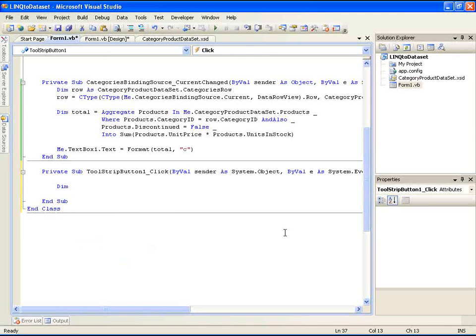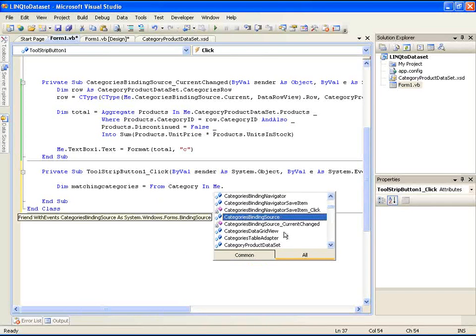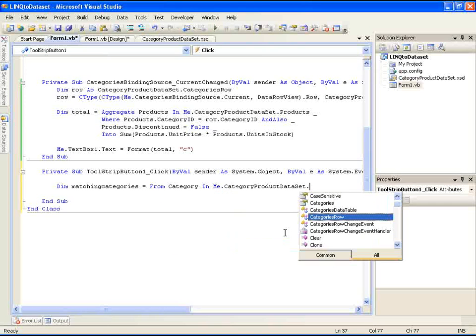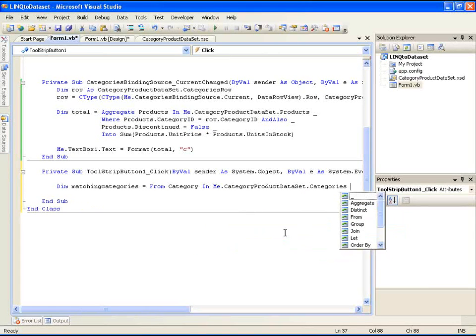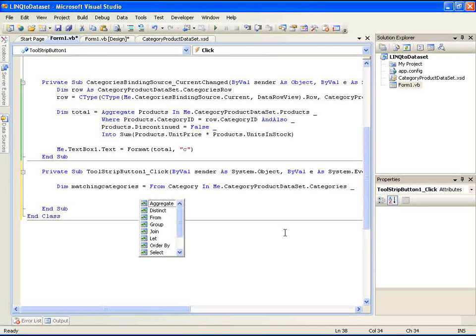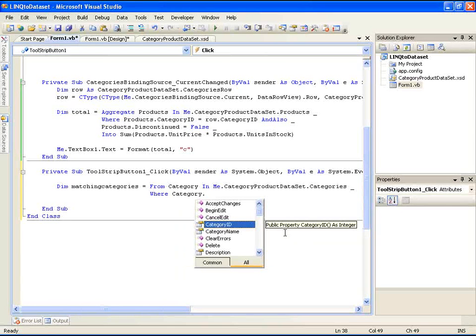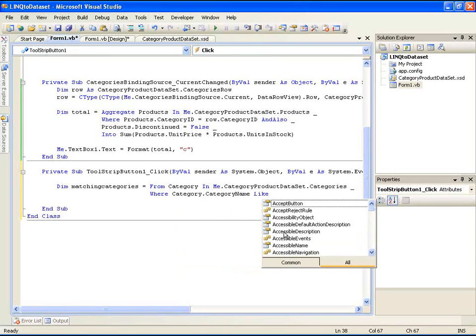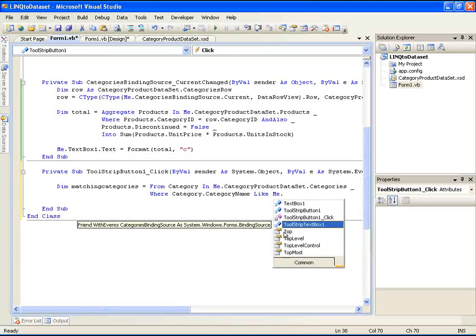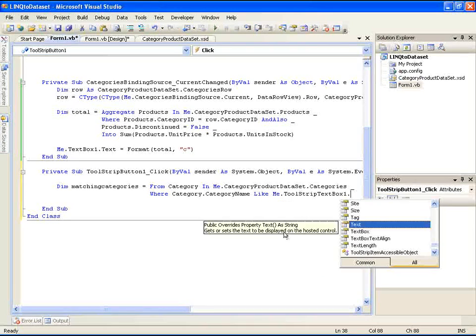Let's just do Dim. We'll call this matching categories equals. And what we'll do is we'll just type From category In Me.categories, product category product data set. Categories, that's the typed data table. Okay, we want to select where the category name is like what we typed in the tool strip. So Me.ToolStripTextBox.Text,